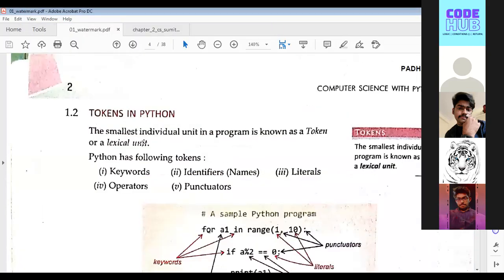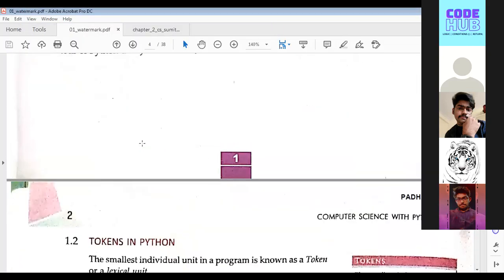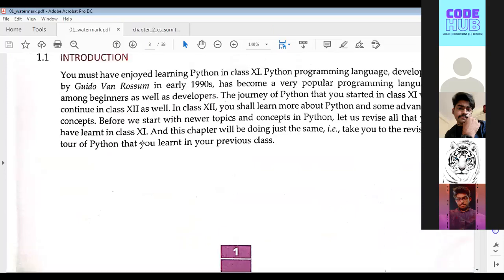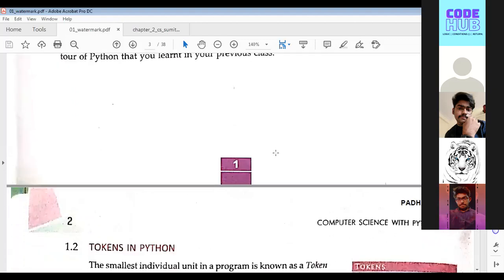Yeah, fine. Ma'am, we don't have any basics. It's fine. Python was introduced by Guido van Rossum, before Java. But then it became famous in recent times because of its multiple uses in machine learning, deep learning, and all the data science projects.